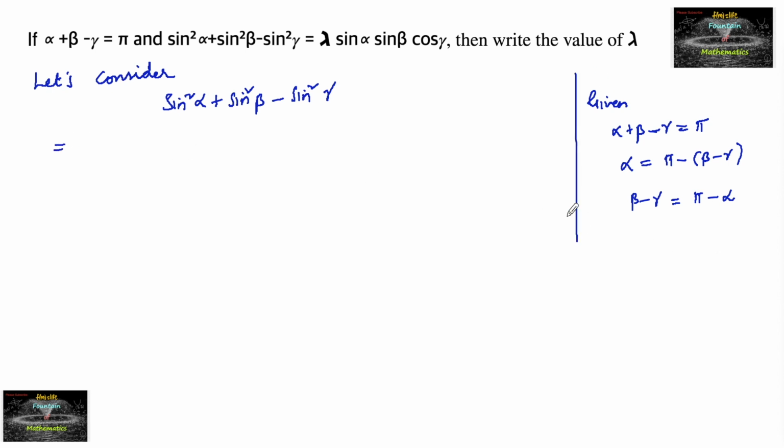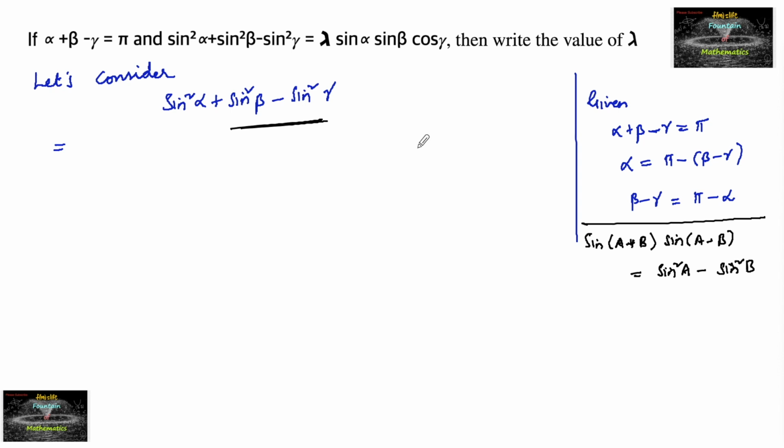And since we know that sine square a minus sine square b, we have a formula: sine a plus b into sine a minus b is equal to sine square a minus sine square b. So sine square beta minus sine square gamma we can write as sine square alpha plus sine beta plus gamma into sine beta minus gamma,